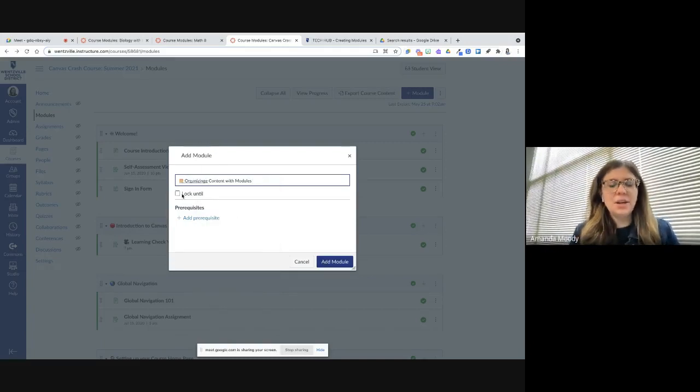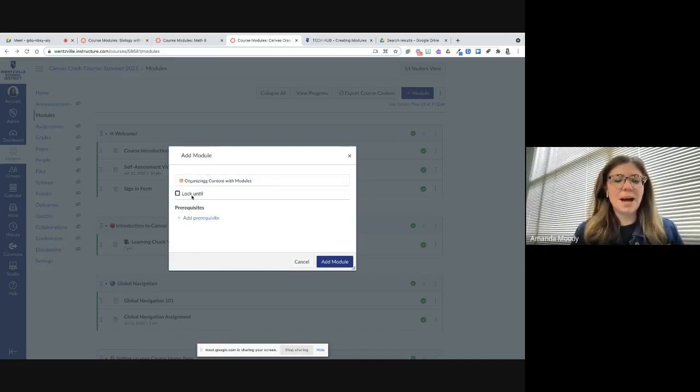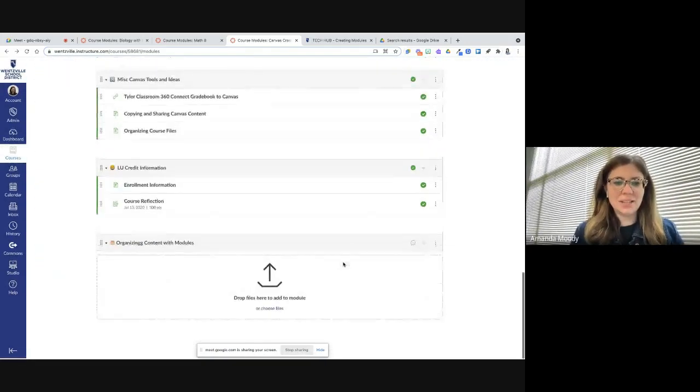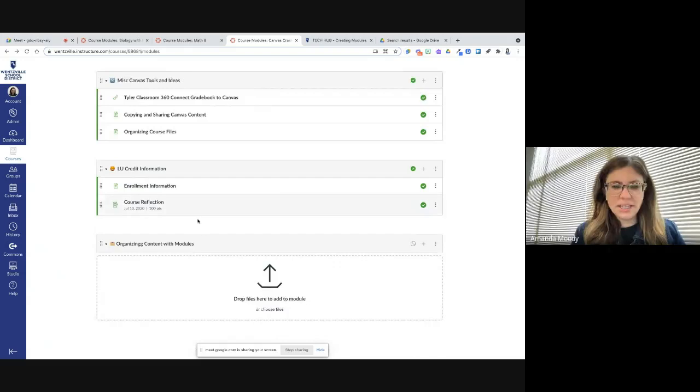All right. Now you're going to notice there are a couple other buttons here. In this intro video, we're not going to talk about this, but just so you know, you can lock modules and you can add what's called prerequisites, meaning kids would have to finish another module before opening this module I'm making. So when I click make, this adds to the very bottom, and I can already tell here that I